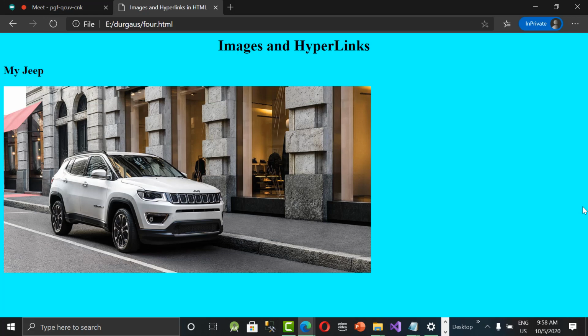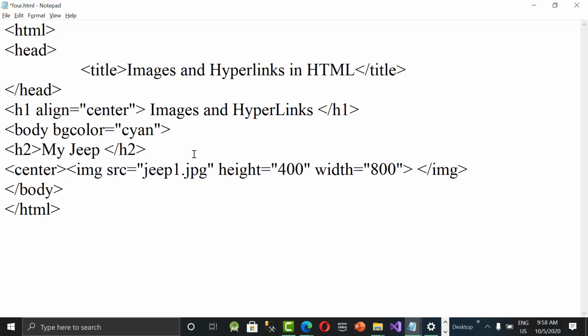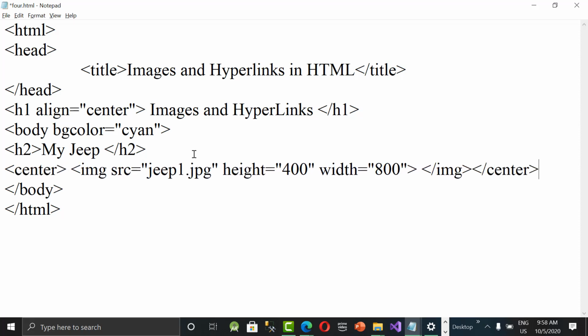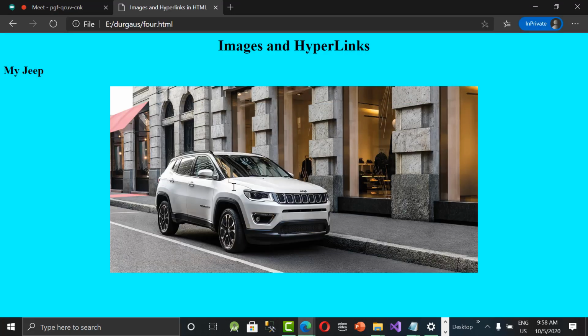And I want to make it center alignment. Then what to do? Here the image tag is there, but here we need to use another tag called center tag, open close. This is the best way to go. Center tag open close. In between, whatever you write, it may be image or text, completely will be aligned center. Got it? So like this, we can display images.